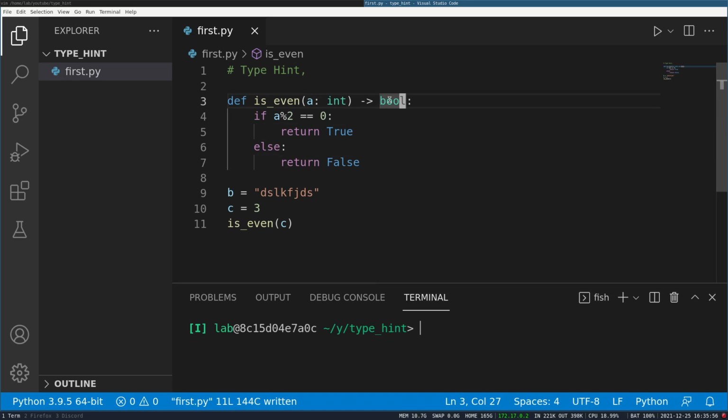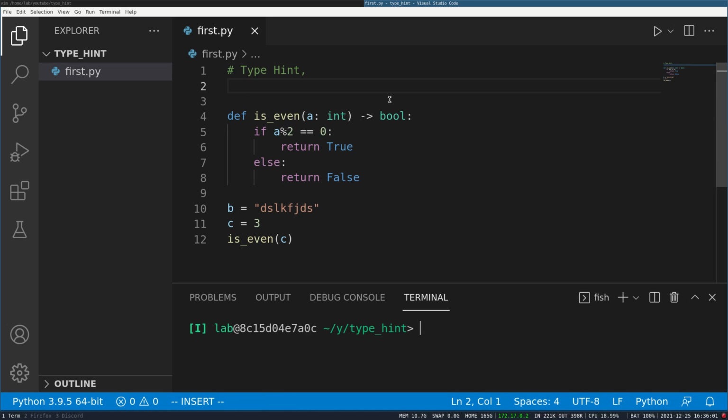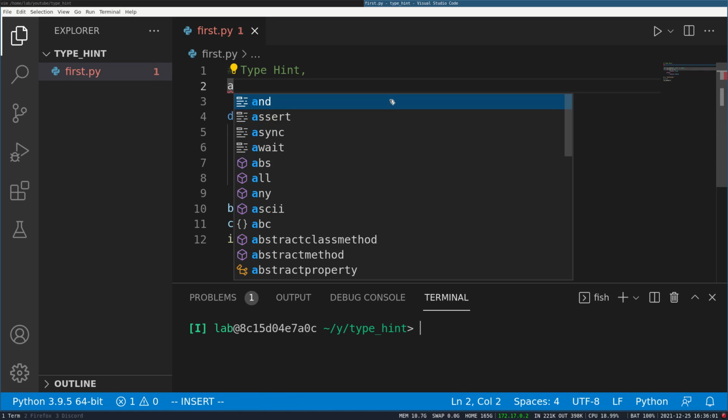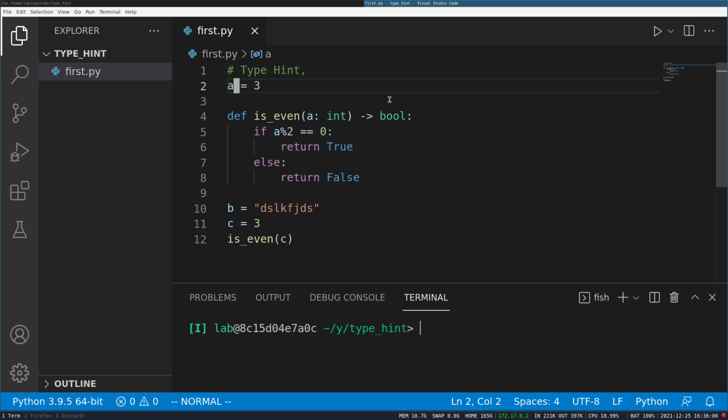And yeah, I think that's the general idea. The type hint syntax is pretty similar. If you are assigning a variable, let's say A is a variable, then you add a colon and then add the type that you want. So it is a string, so let's put a string here, and the same in the function arguments, but it is a little bit different for function return types, but this is also pretty simple.